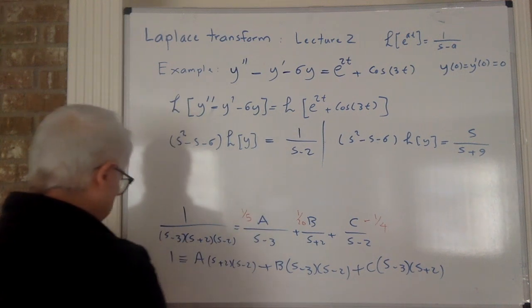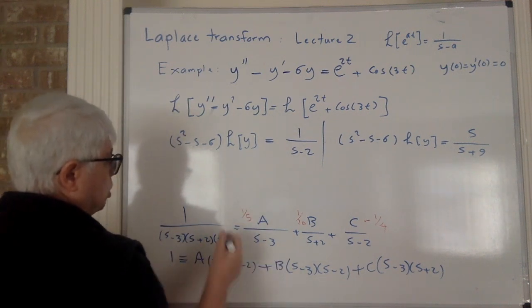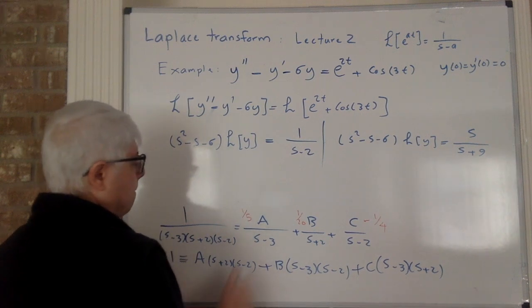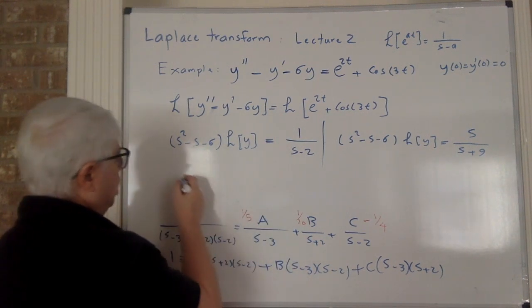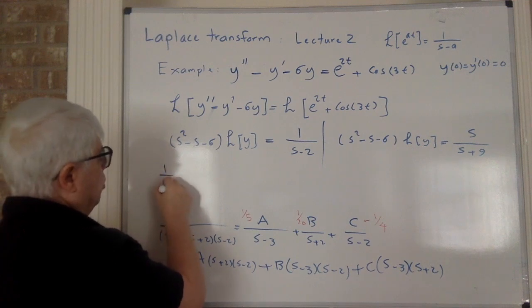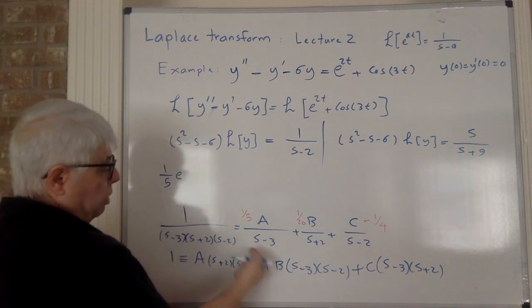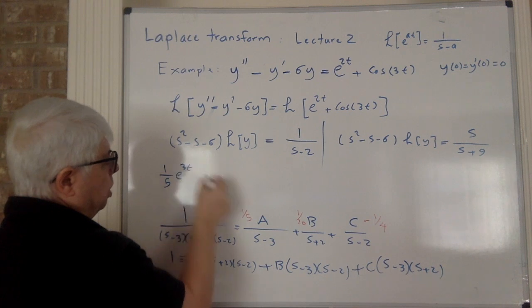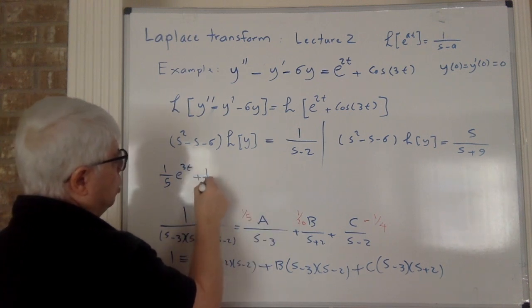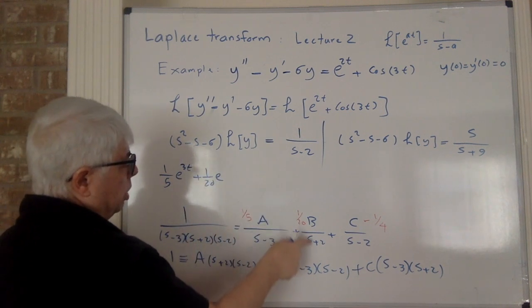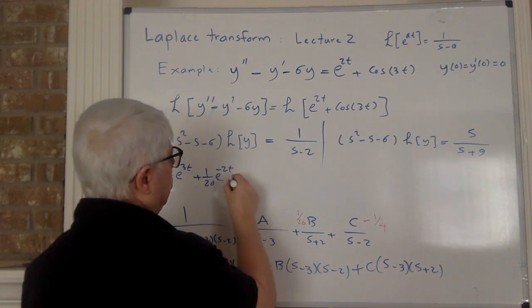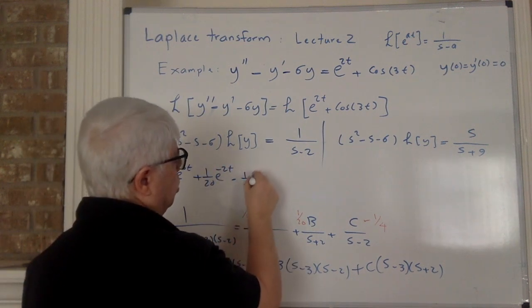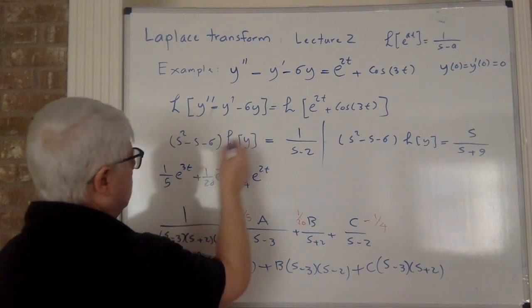So part of the solution will be the solution of this, and that will be 1/5 times the Laplace inverse of this, e to the power 3t. The other one, 1 over 20 e to the power minus 2t, and the last one is minus 1/4 e to the power 2t. Okay,